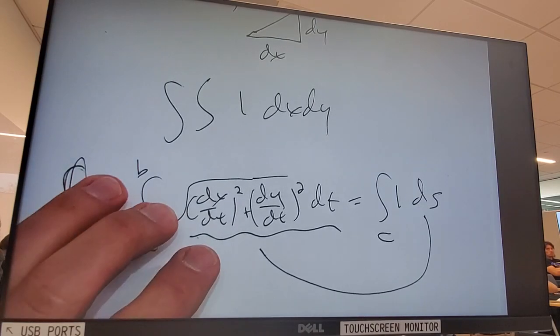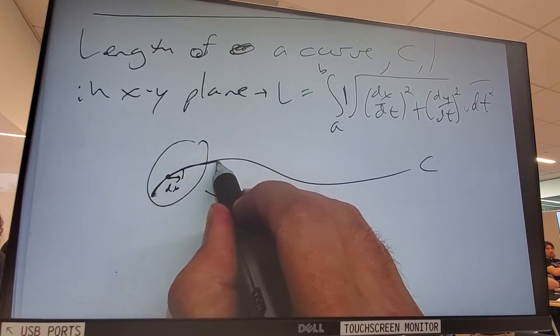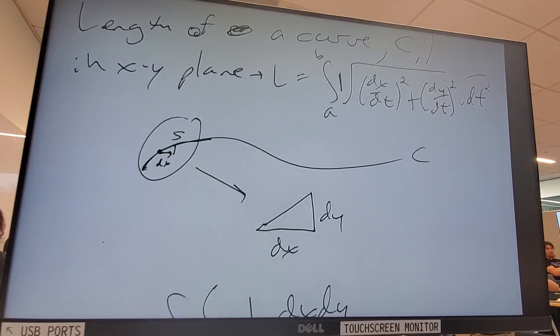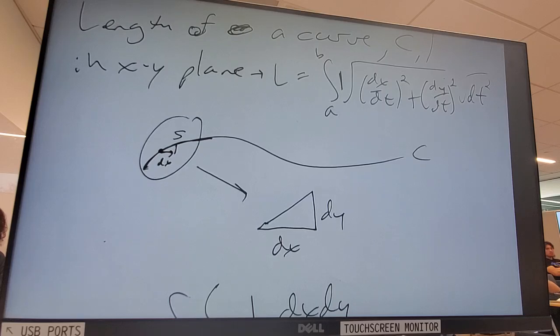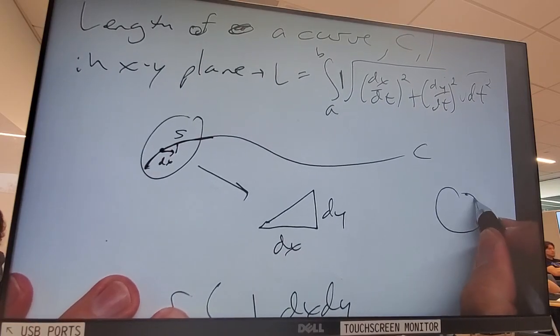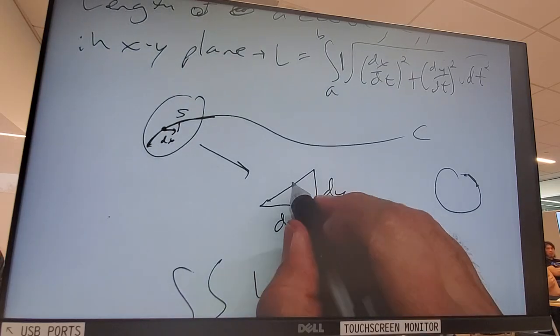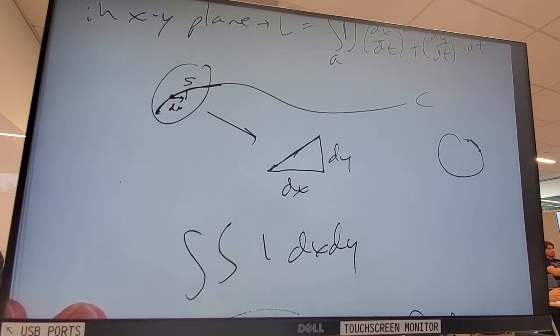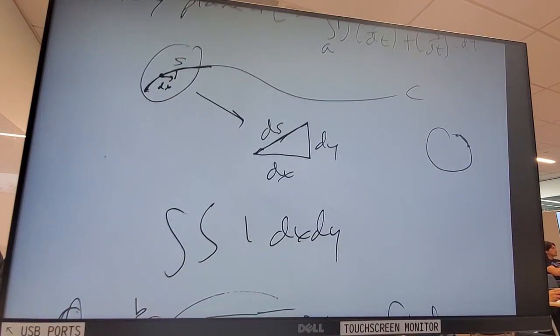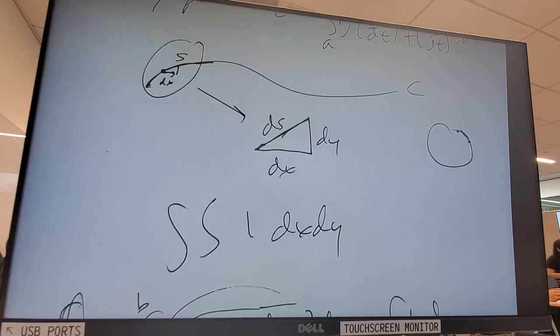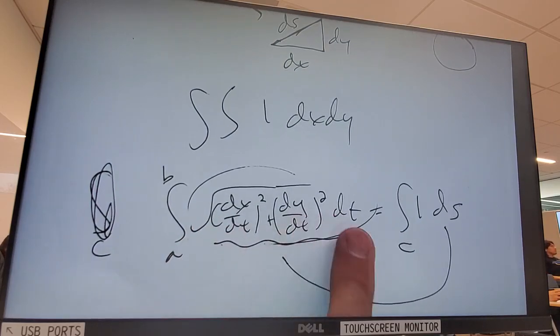If I call the direction of motion S, S standardly means the arc length, so the motion across the curve. So S is that kind of like piece of the curve, sort of like arc length of a circle is a piece of the curve. So now I'm just extending that idea to general curves. Doesn't have to be a circle. What is this? Well, that's going to be all this mess, but I can just call it ds. So ds is equal to the square root of blah, blah, blah. Okay. Let me stop for a minute.